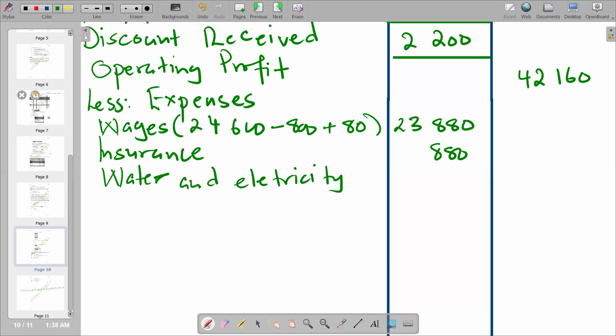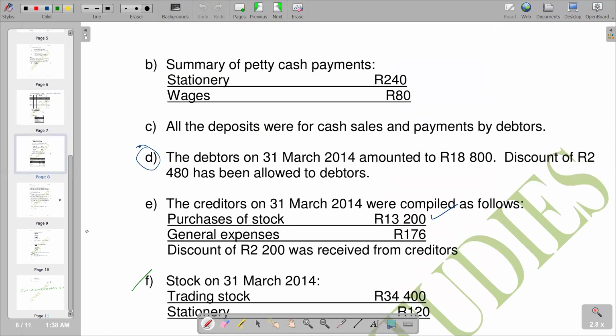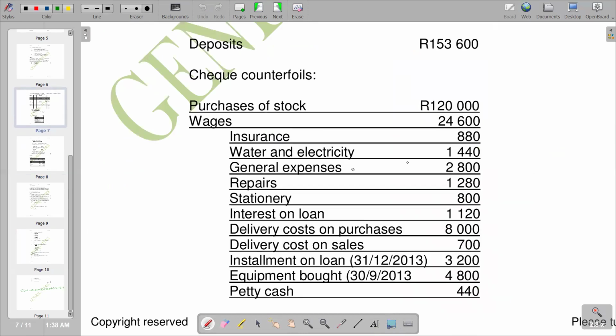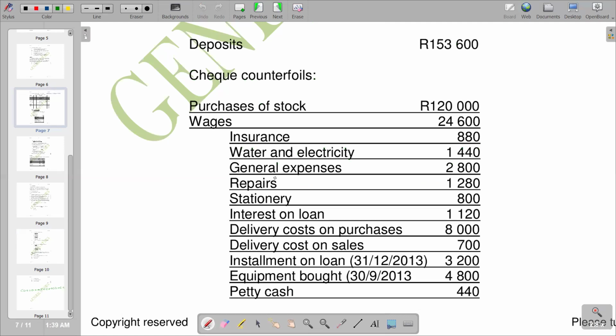So if you refer back to water and electricity, you will see that we've got 1,440. So obviously, you also go to additional information checking any adjustments that pertain to water and electricity. But according to the question, we do not have any, which means we take 1,440 as it is and put it here, which is 1,440. So from water and electricity, we have the next one, which is going to be our general expenses. Our general expenses, we've got